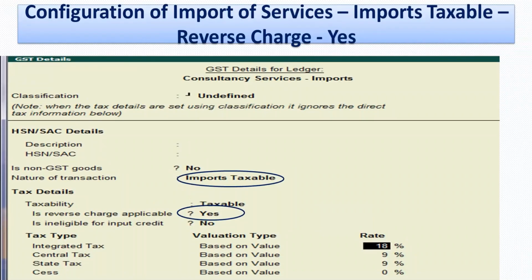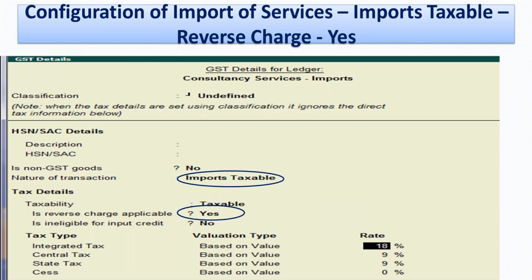In case of an import of services, let's say I am procuring some consultation services from an architect firm which is in, let's say, England. I have some building which I'm getting constructed, and I'm procuring the consultation services of designing the building from a firm in England.